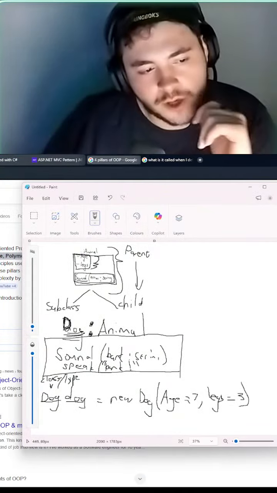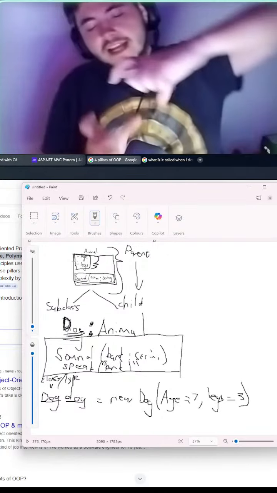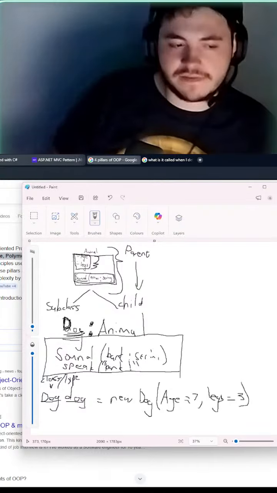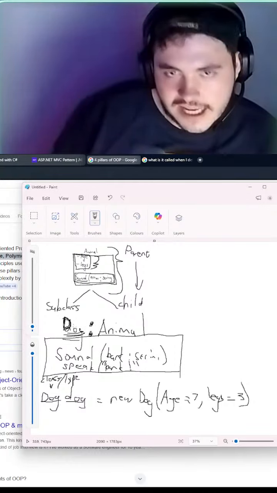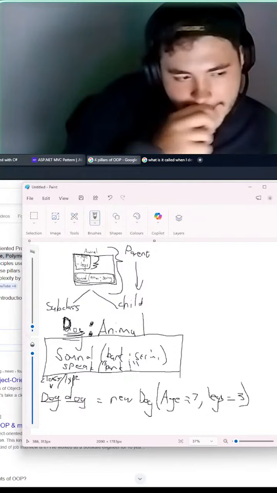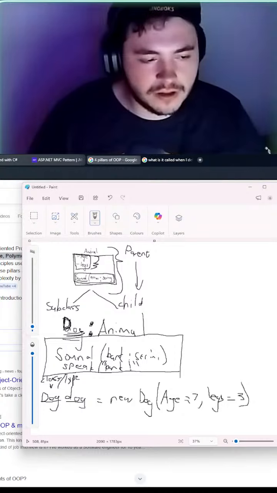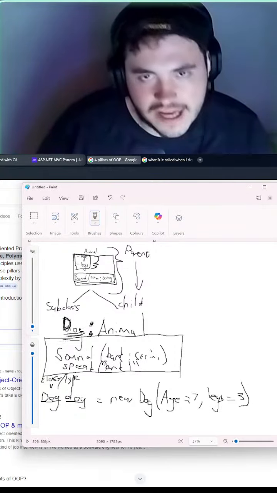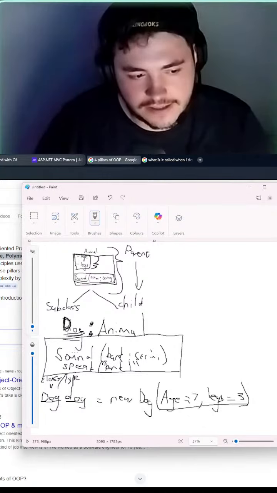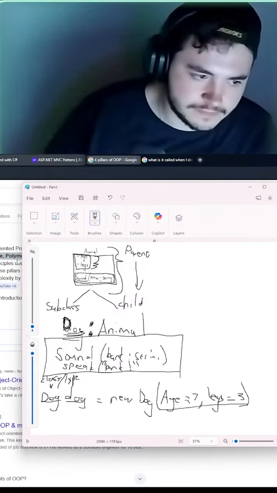So now we have basically demonstrated all 4 pillars of object-oriented programming, OOP, by accident, right? So let's cover all of them. Encapsulation, okay? We defined a class and we put it in a box. We took a piece of functionality and put it in its own little modular container so that we can use it in other parts of our application, like this Dog subclass. And it was nice and easy because it was all encapsulated. Inheritance: our age and legs attributes of the Animal were automatically inherited by the Dog. It's demonstrated here where we didn't explicitly define it in the class, but it's still available for us to instantiate here at the bottom.